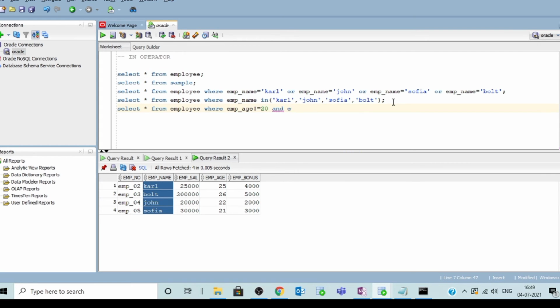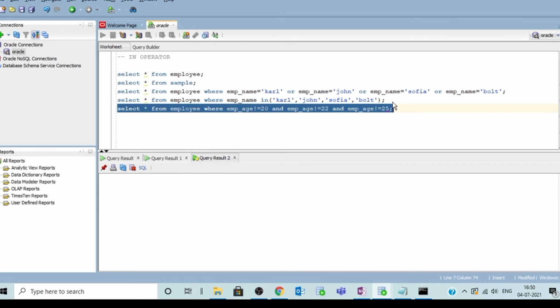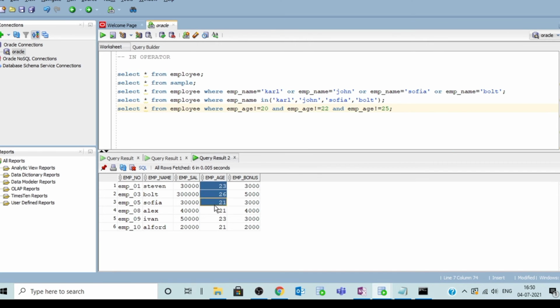Employee age not equal to 20 and age not equal to 22, and employee age not equal to 25. We'll get the result like info of all the employees whose age is not equal to 20, 22 or 25.